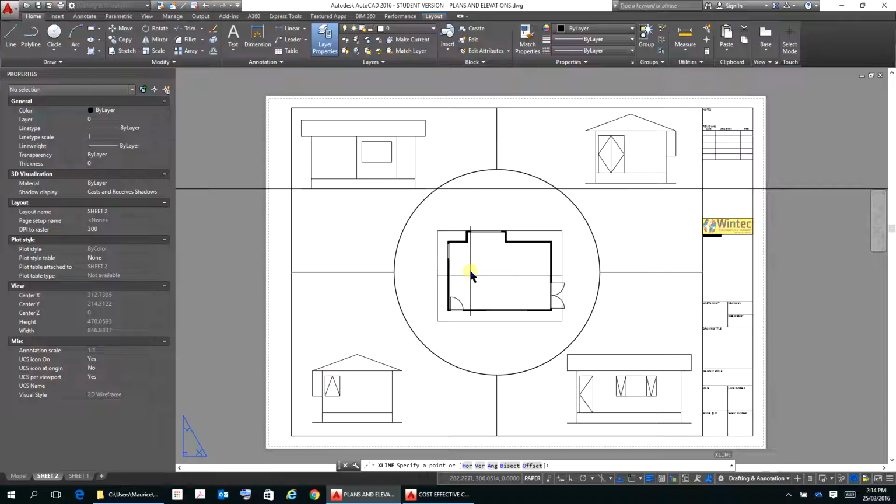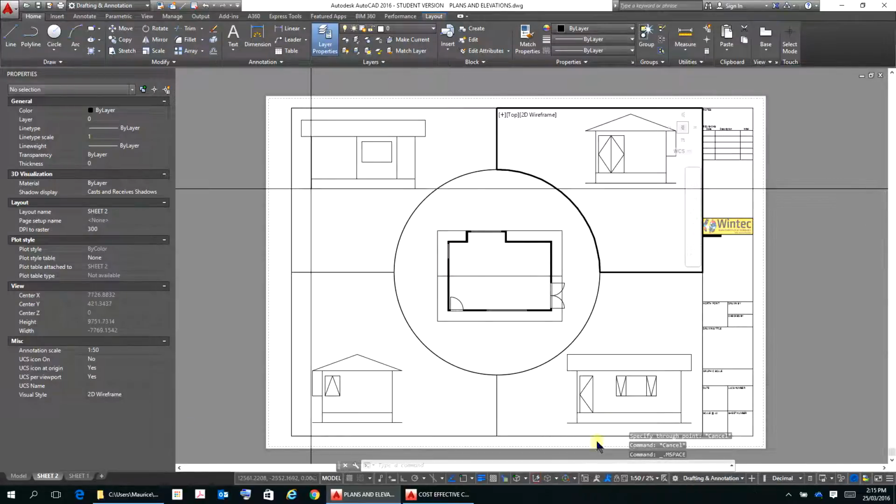XL into V for vertical. Put a vertical one in there so that I could line up the sides of the house there as well. That's just a matter of personal preference. Doesn't really matter, but just as a guide, some guidelines, and then back to model